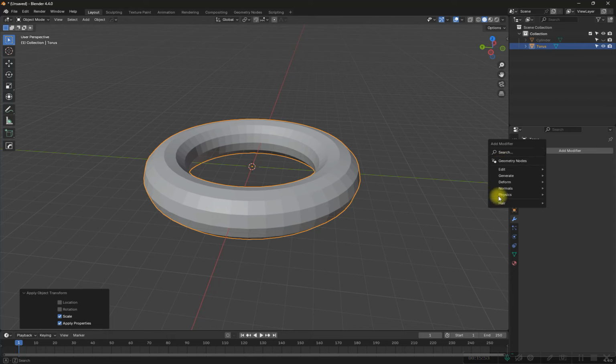So you will notice that we have all this list. We have the edit, the generate, the deform, the normal, the physics, and so on. Now all these that you see here are all modifiers, in different collections. So far we have been using